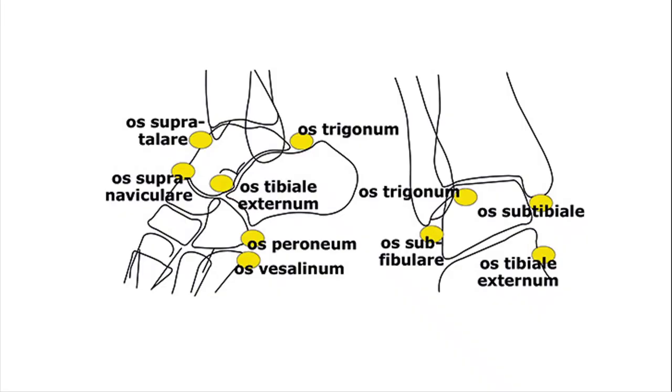Okay, so now these are the various accessory bony ossicles which might be present in the foot, in addition to those sesamoid bones in the insertion of flexor hallucis brevis and flexor digiti minimi brevis. So os trigonum might be asked, it is present behind the talus. Then there might be os subtibial, which might be present in the lower end of medial malleolus, os subfibulare in the lower end of lateral malleolus, and os peroneum may be present in the tendon of peroneus longus muscle, and some other bony ossicles as well.